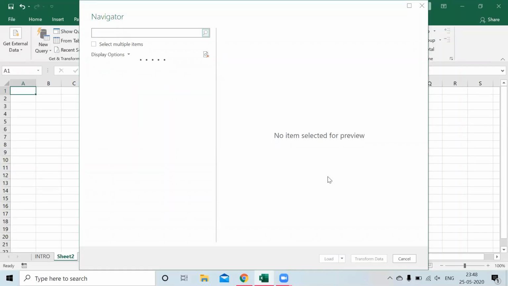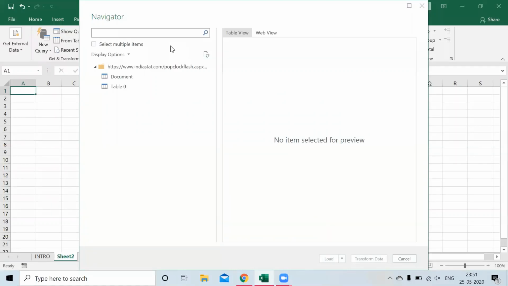So as you can see, this is a navigator, which is a part of the Power Query, which allows us to link a web page with an Excel. Power Query allows us to start with other features also. It helps us to analyze our data in a better fashion. And if we use VBA, which is nothing but a little bit of coding in Excel, we can make the Excel work on its own. So the Power Query is extracting data over here from the web page. As you can see, my data has been extracted successfully.